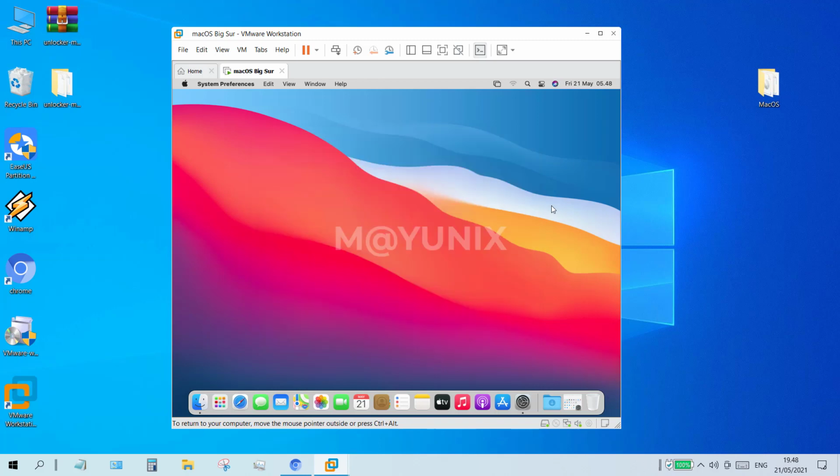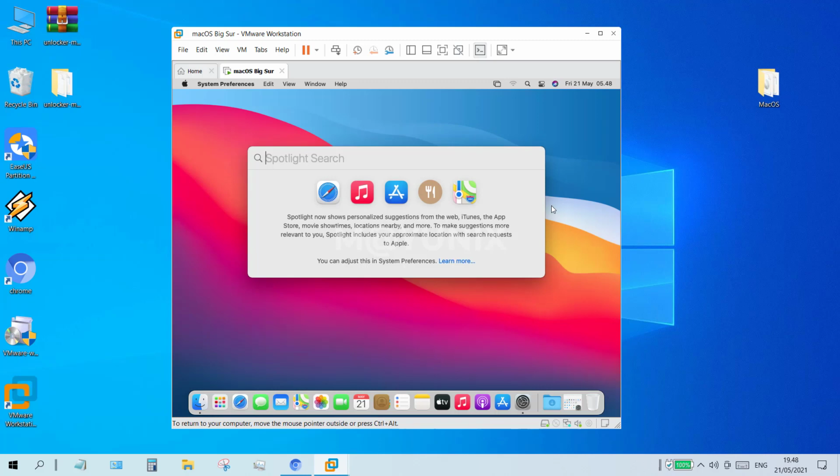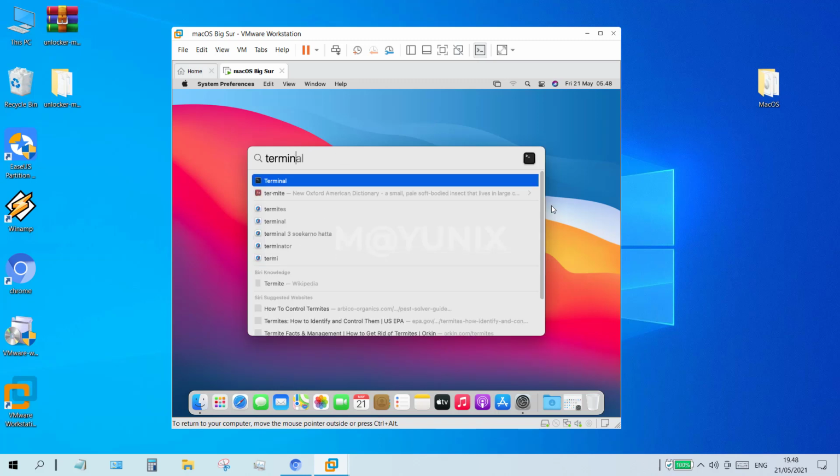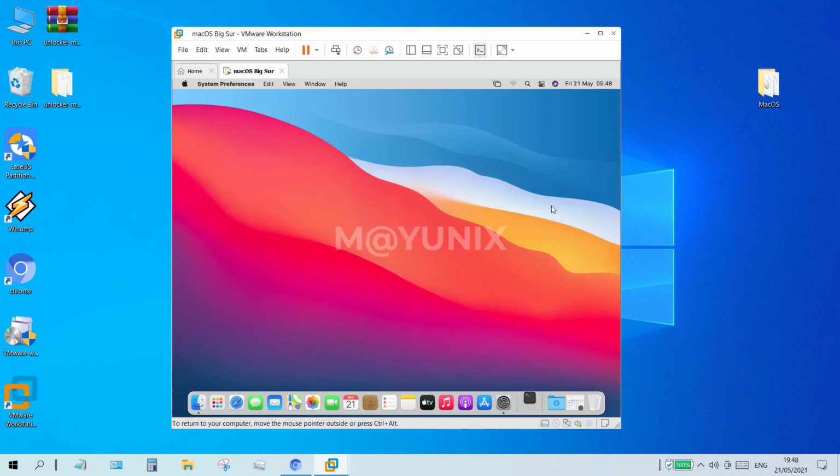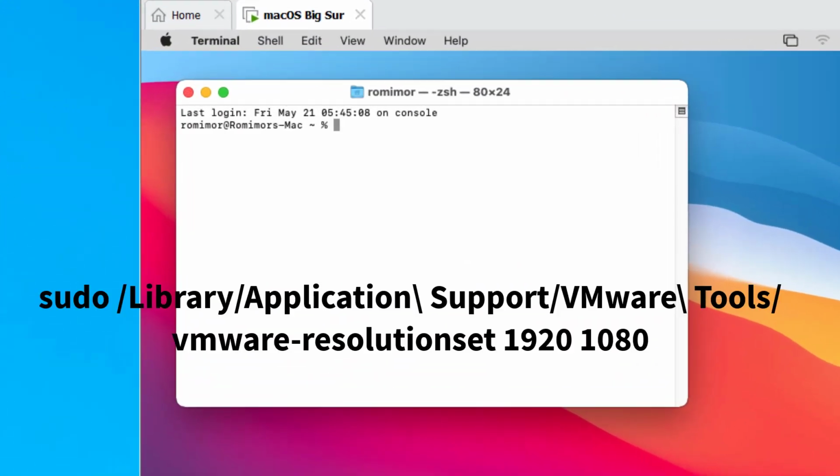Click the Spotlight search icon. In the Spotlight search field, type Terminal. And in the Spotlight search results, click Terminal. In the terminal, type according to what is listed on the screen.